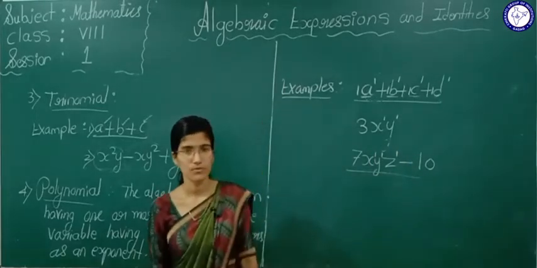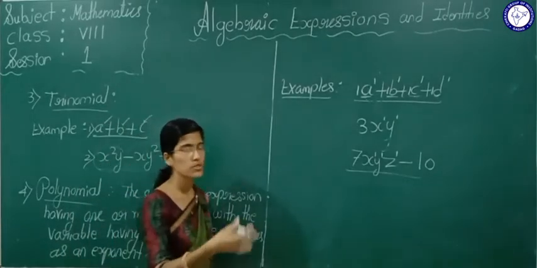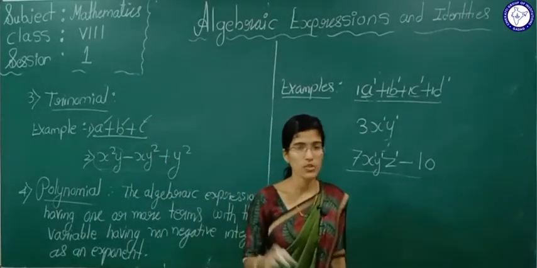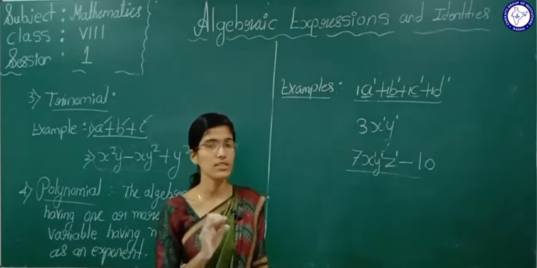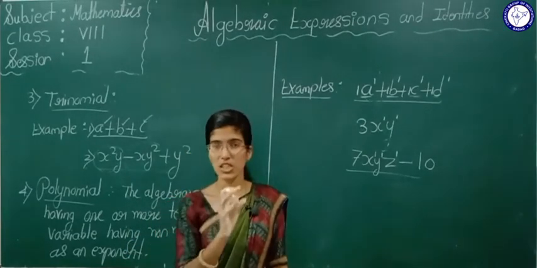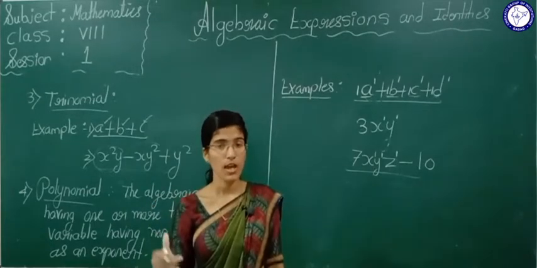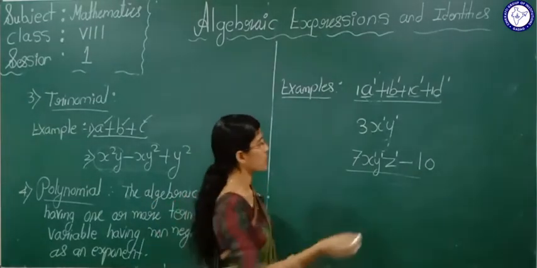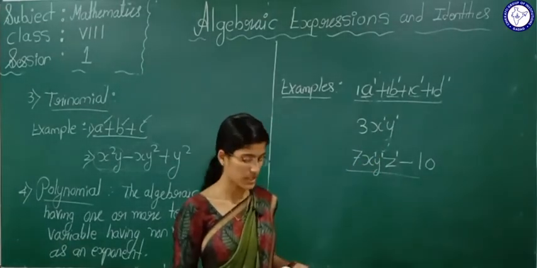That's all. Okay. Just don't think so much about polynomial. If somebody asks you what is a polynomial, or you have to understand what a polynomial means, it's just an algebraic expression having one or more terms. And the second condition is that the variable power should be a whole number. That's all you have to understand.